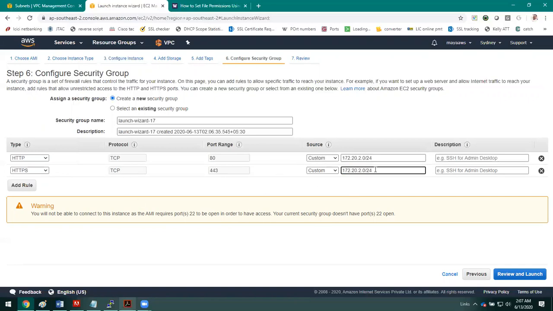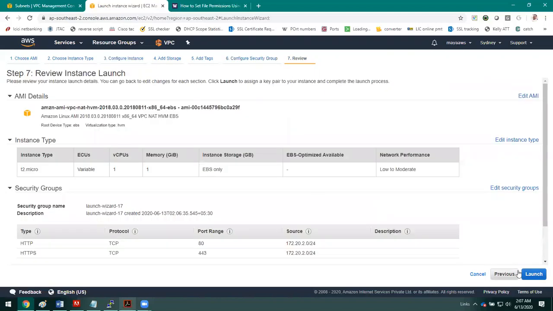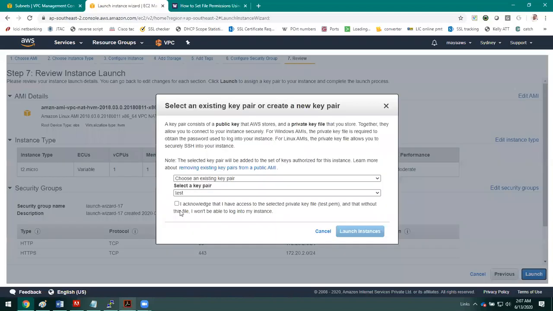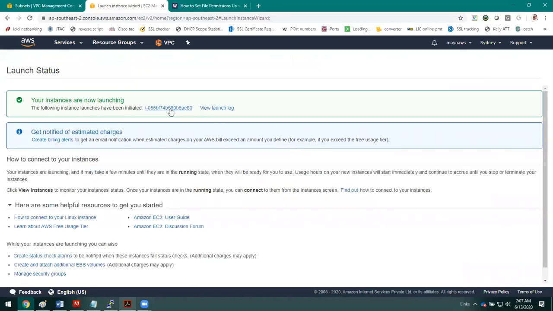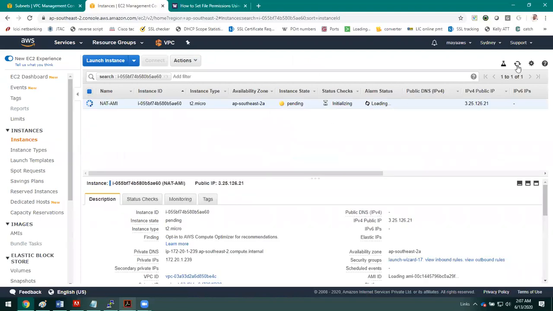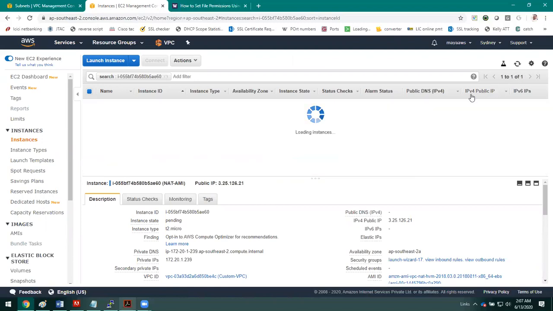I want to give access to the entire range of the private subnet to access the internet. Okay, instance is now launching. In a couple of minutes, it will deploy the NAT instance with the specification what you have given here.